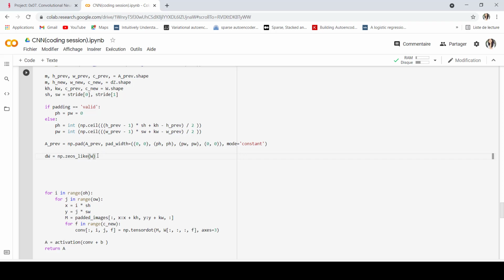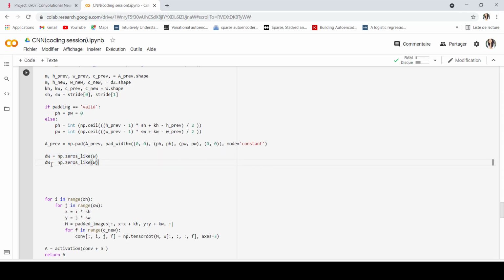This is just another way to do it. We can also do np.zeros with the dimension of W, but it's the same thing. dA prev will also have the same shape as A prev.